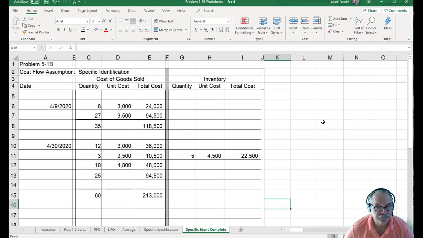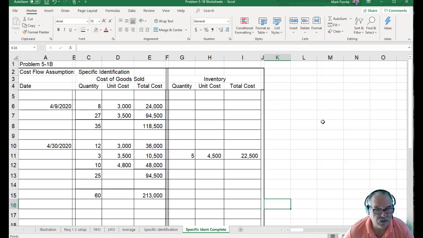$118,500. On the 30th of April, we sold 12 at $3,000. We sold 3 at $3,500, and we sold 10 at $4,800, which is all of those. So our cost of goods sold for that sale was $94,500. Total cost of goods sold for the month was $213,000,